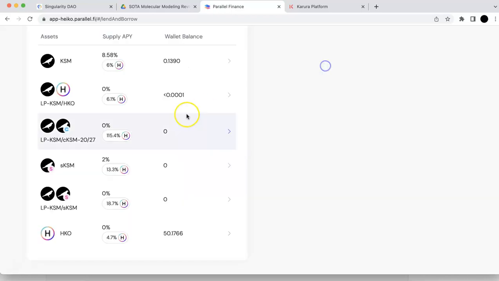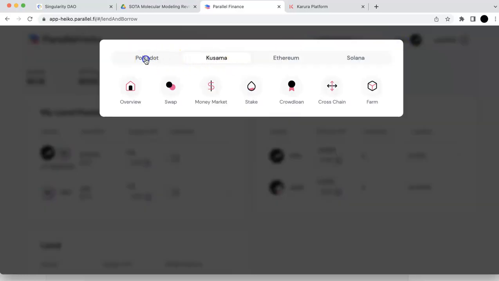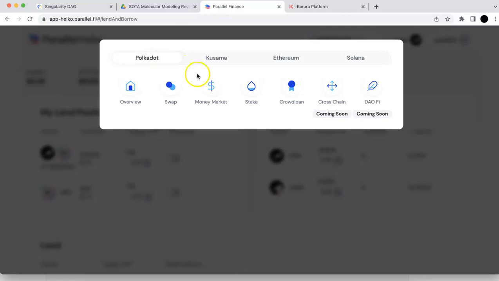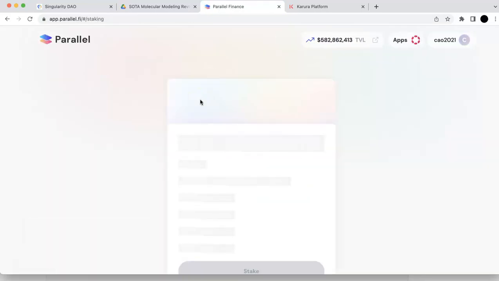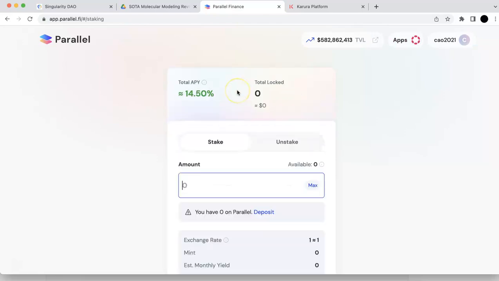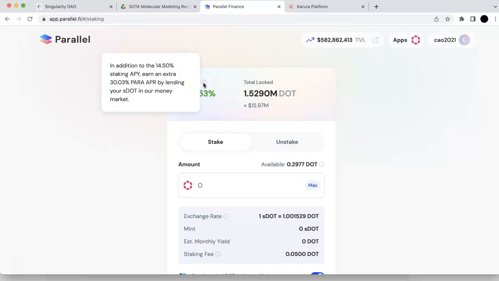Because my KSM is not locked, I'm going to demo on Polkadot. It's actually the same thing. They have the stake and the money market. And on DOT, overall the APY is 44.5, including the staking and some actual